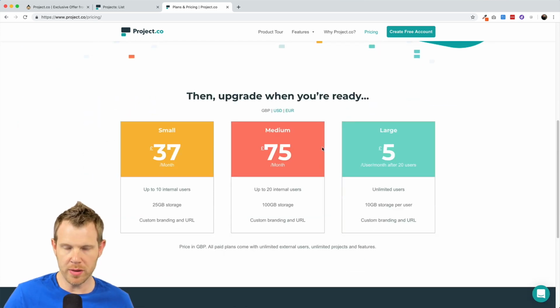So if you need more than 3 users, you can jump up to their small plan, which is what we're getting with AppSumo. And even if you stack additional users, you're going to get more storage. You're going to get more users with additional codes, but you're not going to be moved to one of their other pricing tiers. Now, I think that's an important thing to note because while all features are included right now